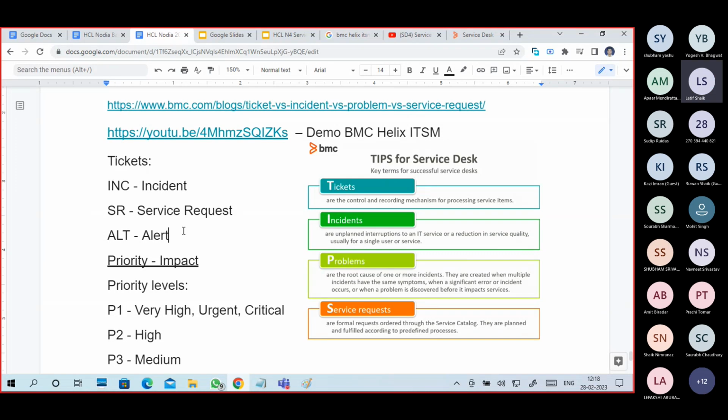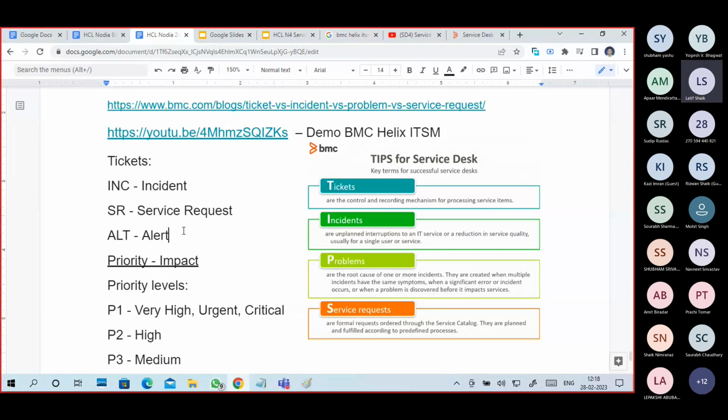You are monitoring infrastructure, right? If one server is down, you receive an alert. There is an alert system, a kind of notification. This alert is sent to the service desk software, like BMC Helix. So it will automatically create a ticket.